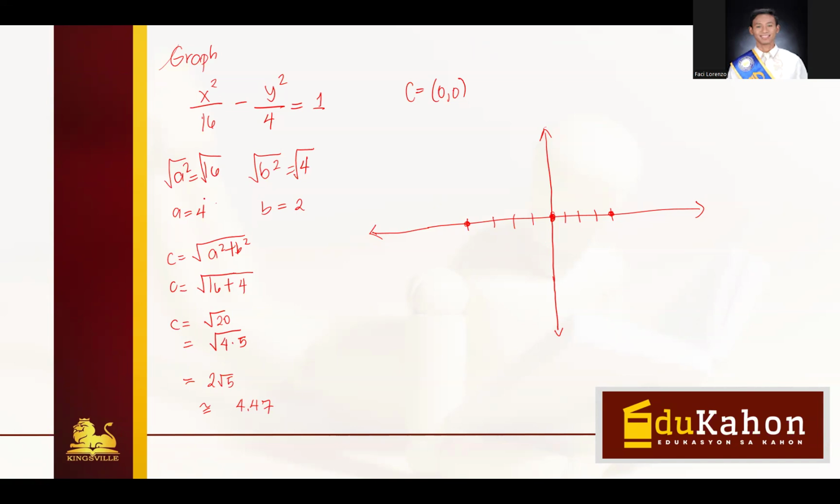So let's try to encircle the value of a, the value of b, and the value of c. So this is 1, and this is 2. And this is negative 1 and negative 2. So let's try to relocate the point here, since this is much farther from the others. This is negative 4. And then let's try to construct a rectangular figure using your points from the major vertex, from your transverse axis and your conjugate axis.